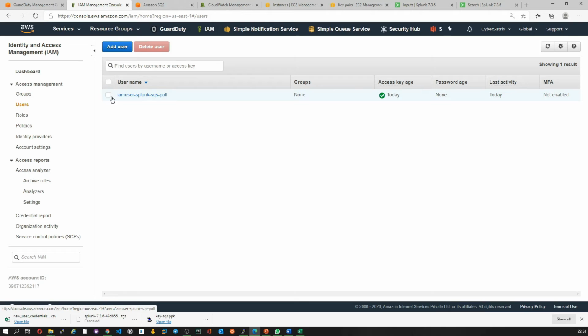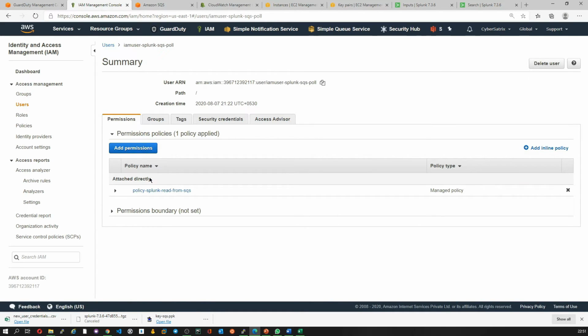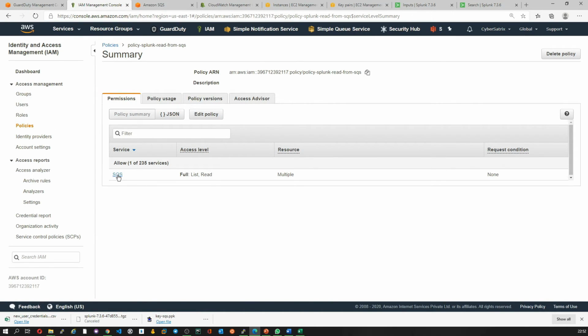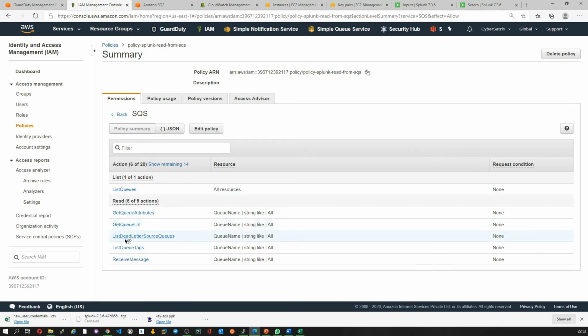So let me check the permissions. Okay, so these are my permissions, and let me go to the policy. In the policies, okay, I think the issue could be that in the policy we don't have the permission for sending the message, right?